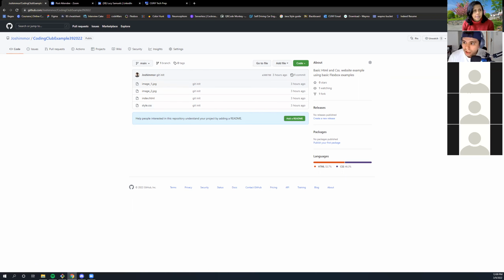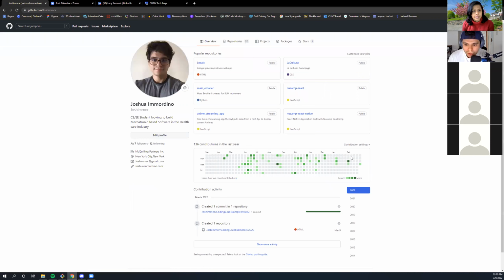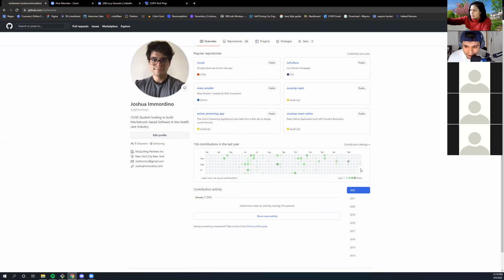So this is the repository that we're going to be working with today. But most importantly, our homepage. These green dots signify how many pushes to the repository I've made on that day. Obviously, by this key, we can tell that the darkness of the green dot signifies the amount in that contribution. And it doesn't matter how much you push up in a day. It matters that you're pushing up on a semi-frequent basis.